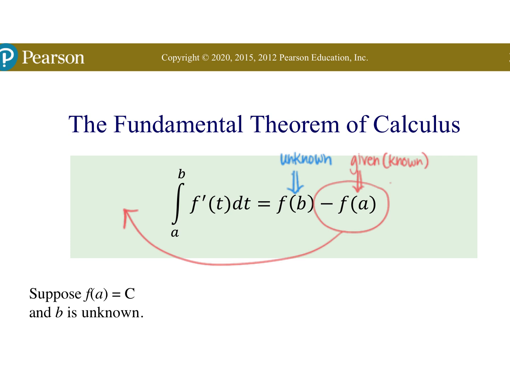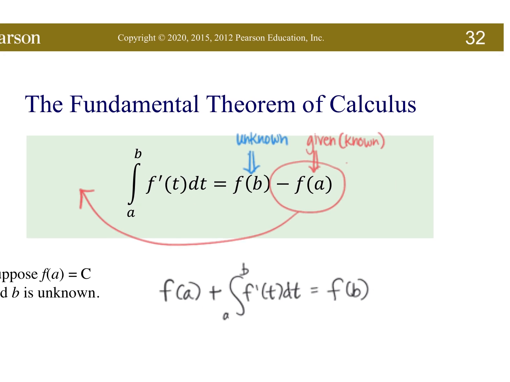And so what that ends up looking like is that you'll have f of a in front of the integral from a to b of f prime t dt, and that will isolate f of b. So now your unknown part is all alone, and you can combine the other two sides using skills that you already know. So this would be given,